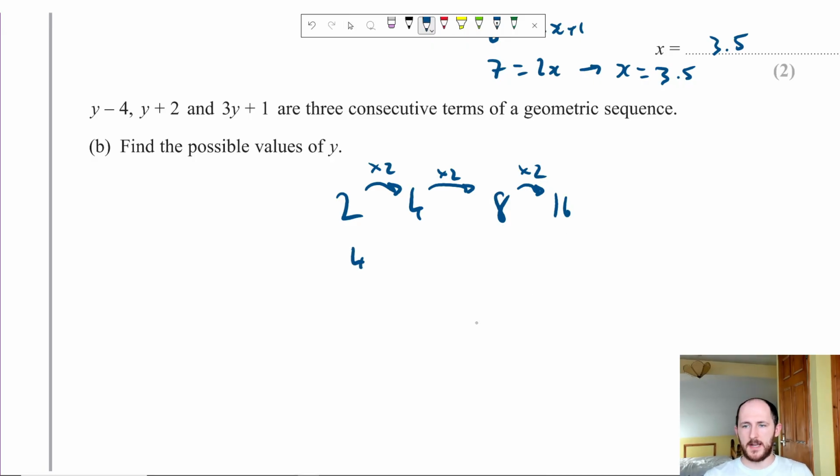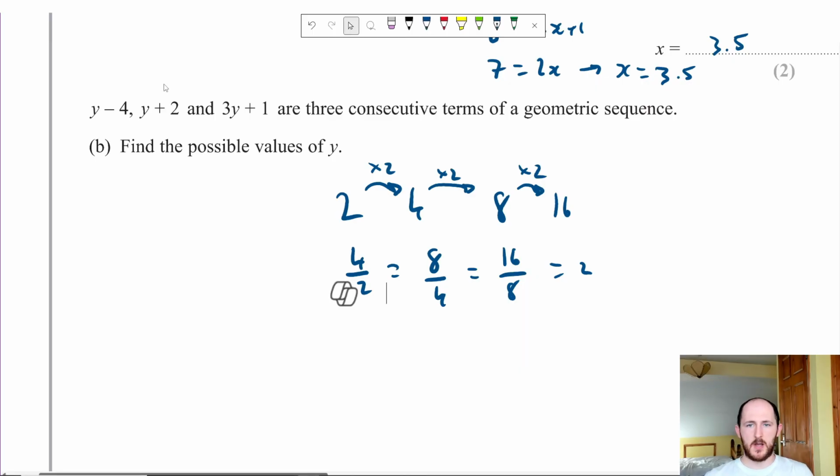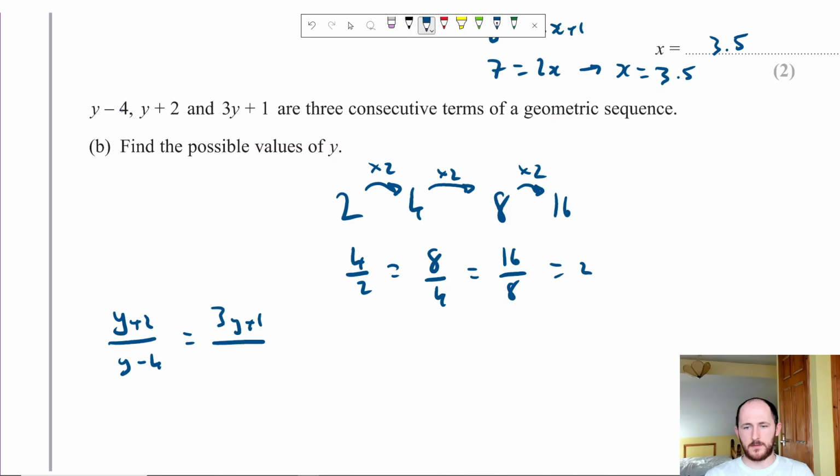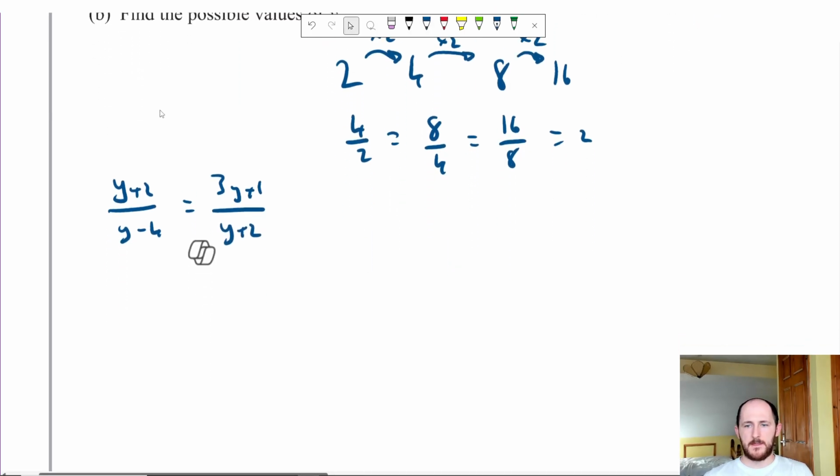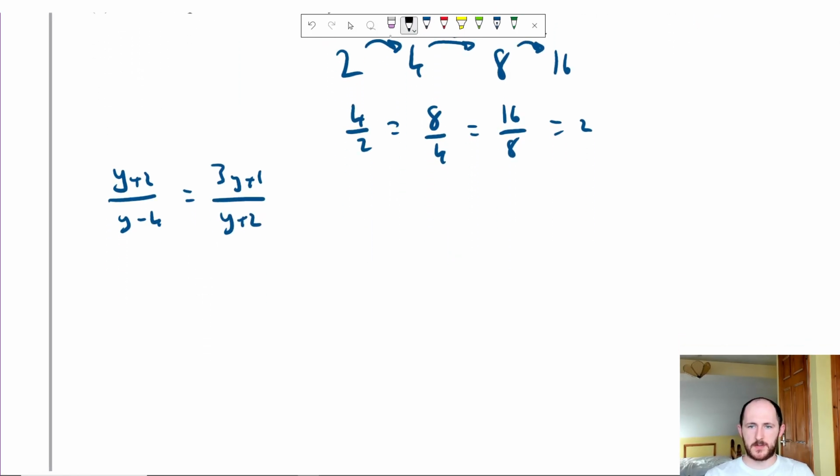Well, I could divide any two of the terms, any two consecutive terms, and I'll get 2, right? So why don't I do the same thing here? y plus 2 over y minus 4 should equal 3y plus 1 over y plus 2. Then I'm going to cross multiply, and I get y plus 2 equals 3y plus 1,